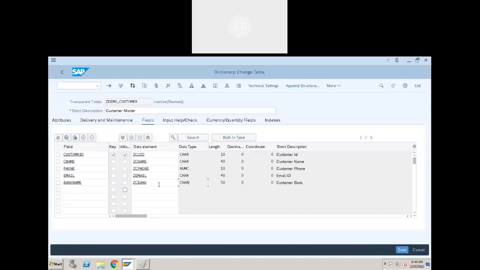Which approach is this, top down or bottom up? Top down, sir. Yeah, top down approach. Okay,